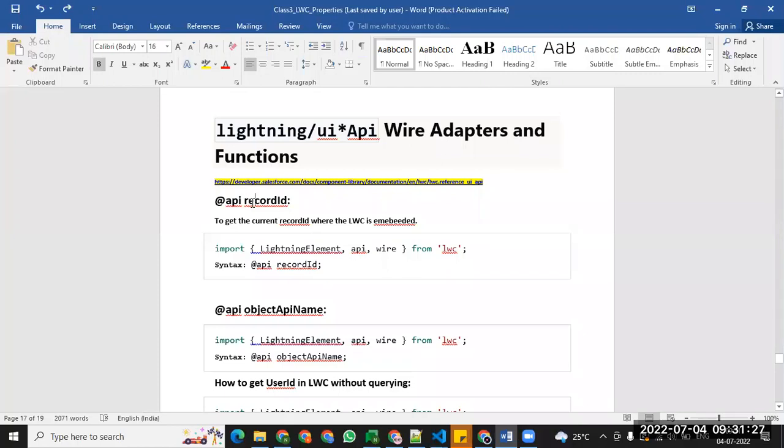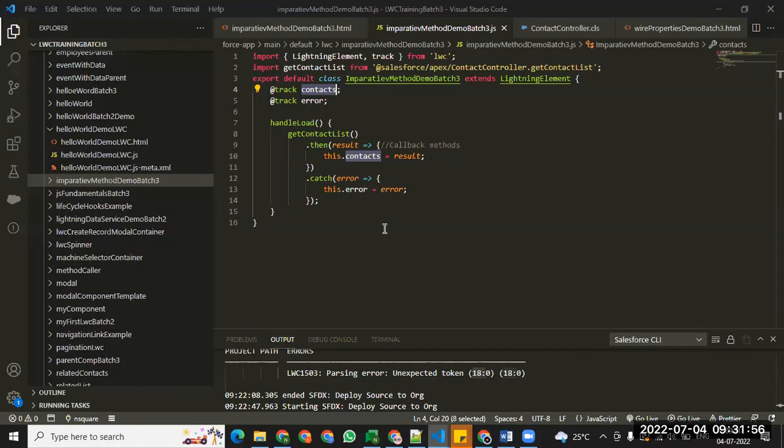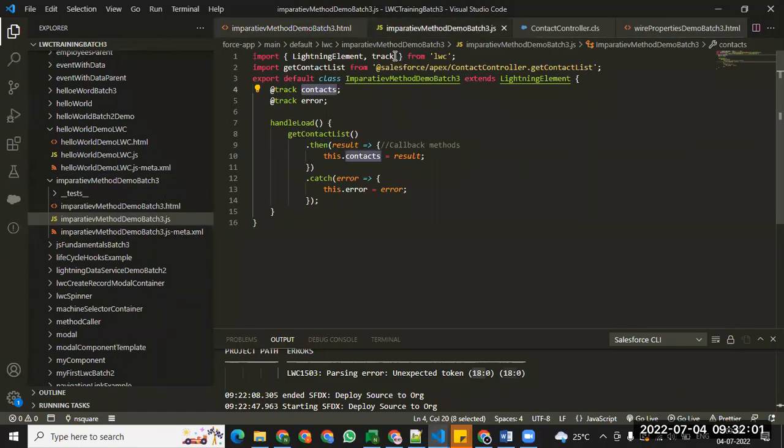Like in Aura components, right? We were getting record IDs by taking an attribute, the record ID attribute in the Aura component, and we can access that attribute and do whatever we want by using that particular record ID. A similar thing here is that we will need this